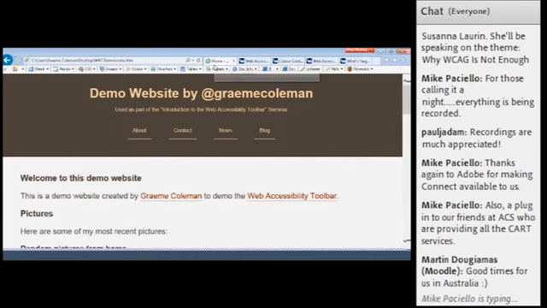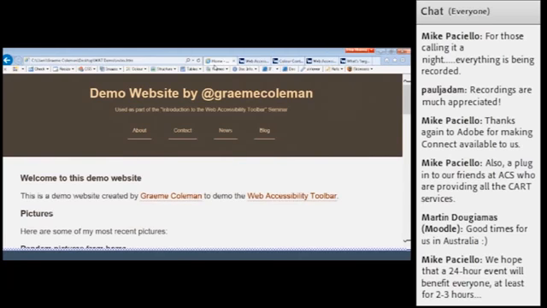The color contrast analyzer, which you can access from the web accessibility toolbar, but you can also download separately as a separate tool if you want, and I'll come on to that shortly. The color contrast analyzer is essentially a tool that helps you to verify that color is not being used to identify or distinguish important information on the page, but it can also be used to check whether appropriate color contrast ratios have been applied.